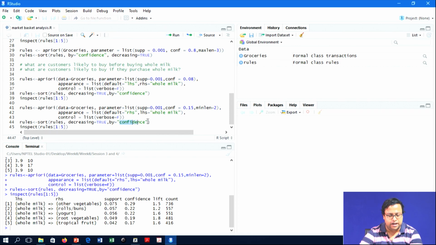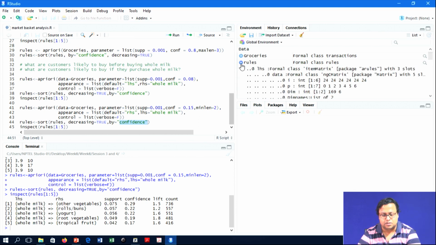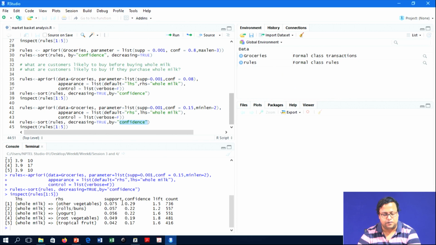You can sort by confidence, you can also sort by lift, you can sort by support, or you can create a combination of lift and support. Because the rules are all stored here, if you want to find out, okay, for support I will give x percentage weightage, confidence I will give y percentage weightage, you can do multiple combinations to find out which rules are actionable and based on that you can take a call. So, here we are just creating the rules, playing with the rules, left-hand side, right-hand side, but later the marketing decision is what will I do with these rules.